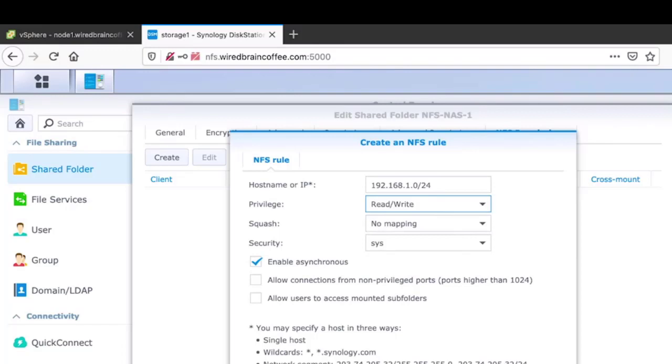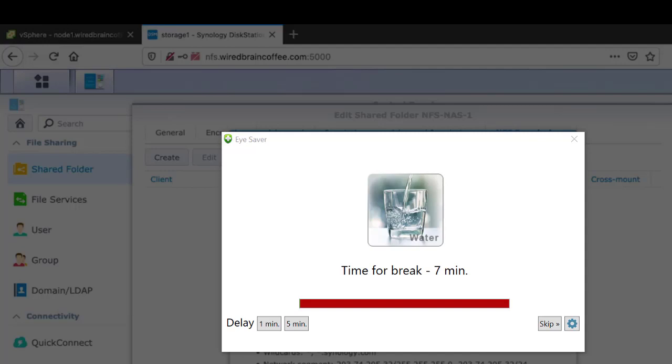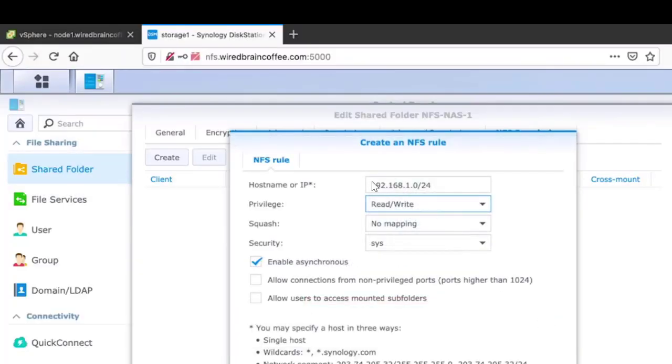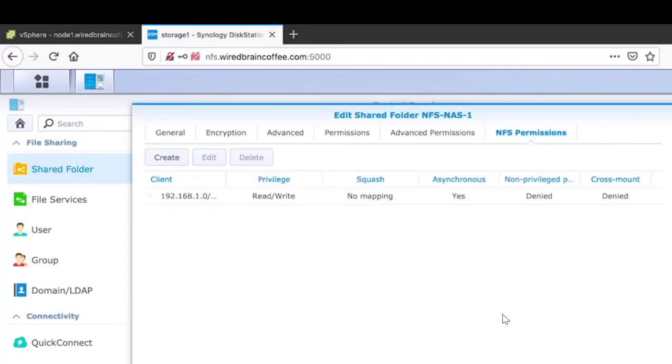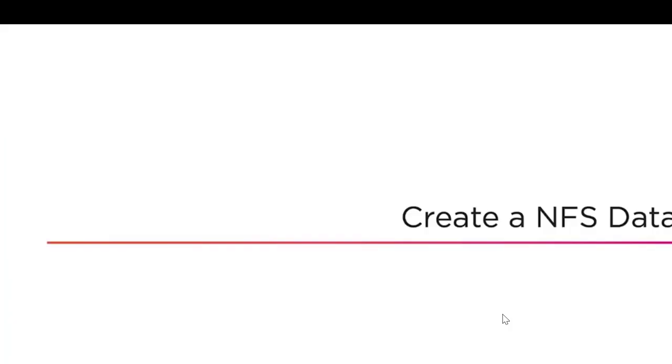I give the subnet of my whole subnet, so all the IPs in this subnet are allowed to connect to this NFS share, and I give the privilege read/write and sync. I click on the OK button, and as you can see, now I have allowed one subnet to access this share. So I click on the OK button.